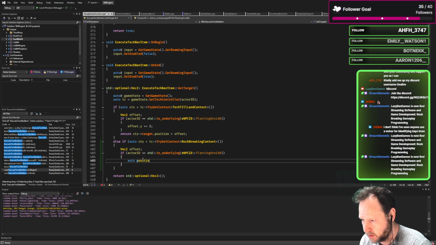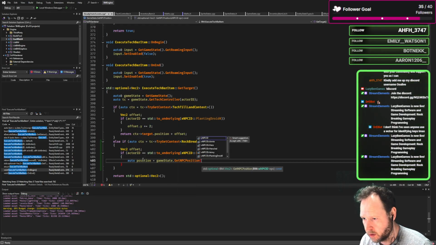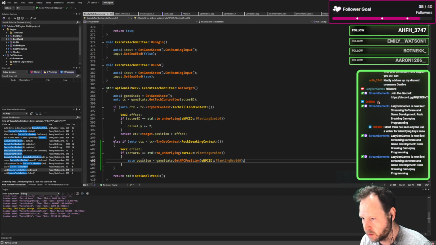P position equals game state get entity position, get NPC position for planting droid 0. The optional, yeah. So we could probably just say, yeah, that's fine. And then we want to go,